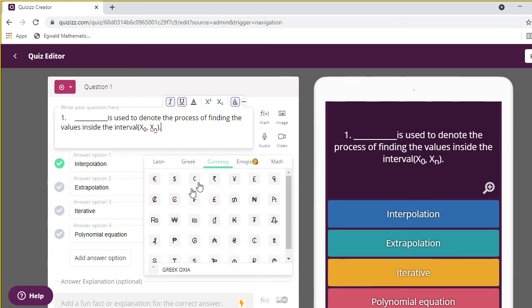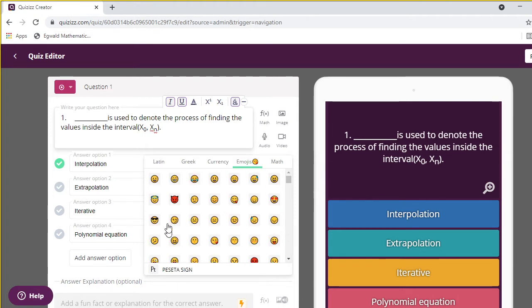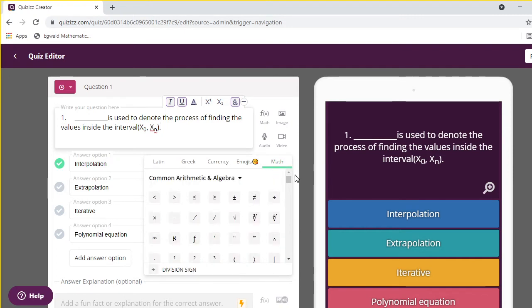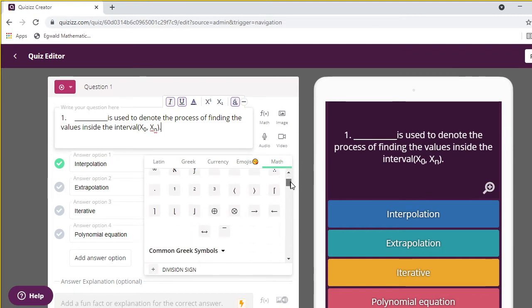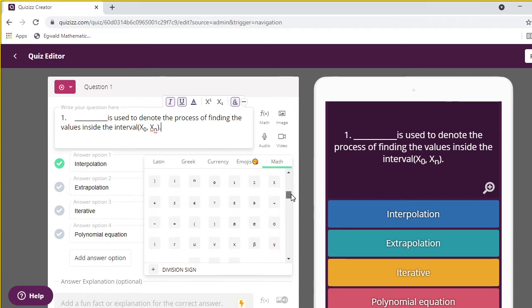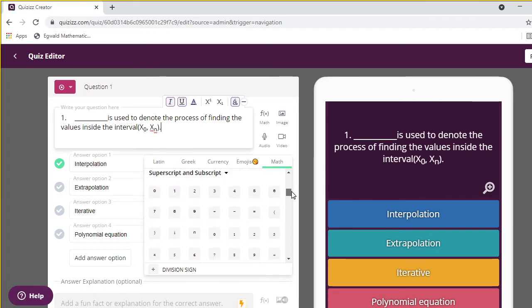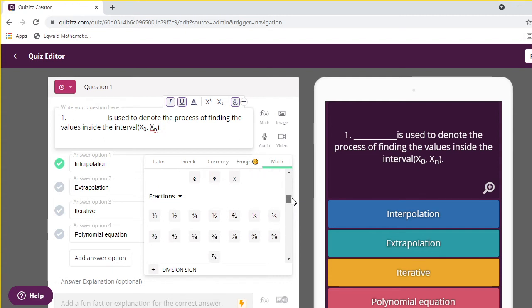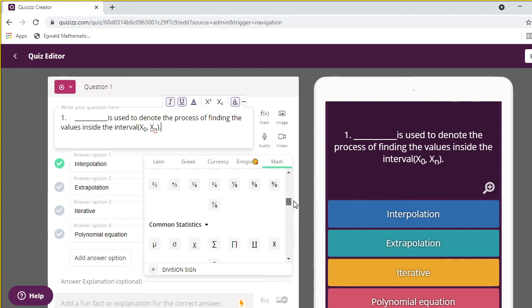Currencies are also available, rupees, emojis also available, and the math type is also available. Here less than, greater than, square root, everything is available, so don't worry. Numbers are available, the brackets, fractions available.